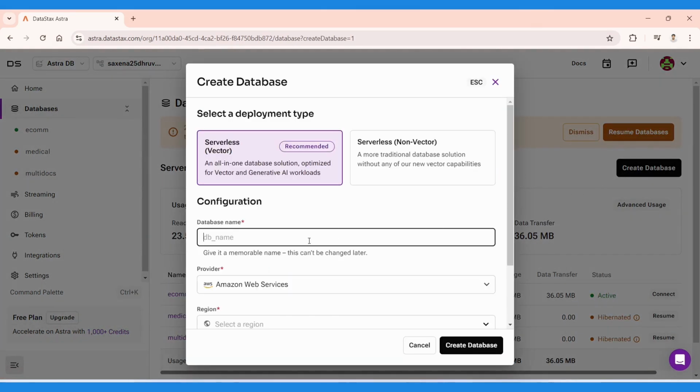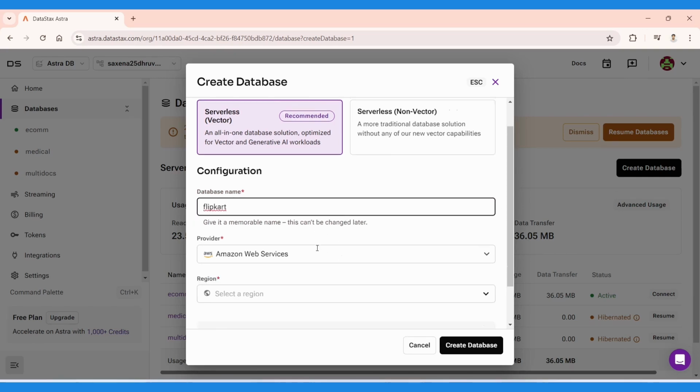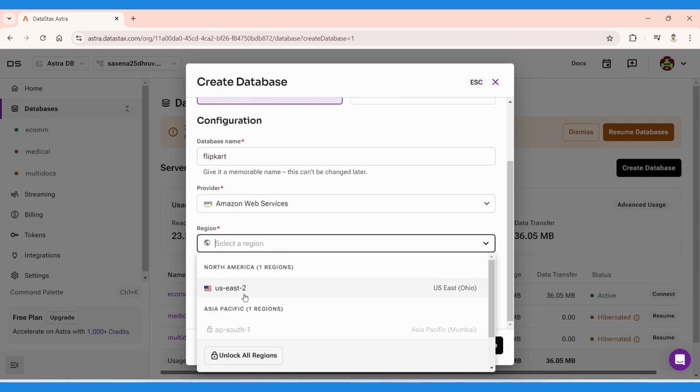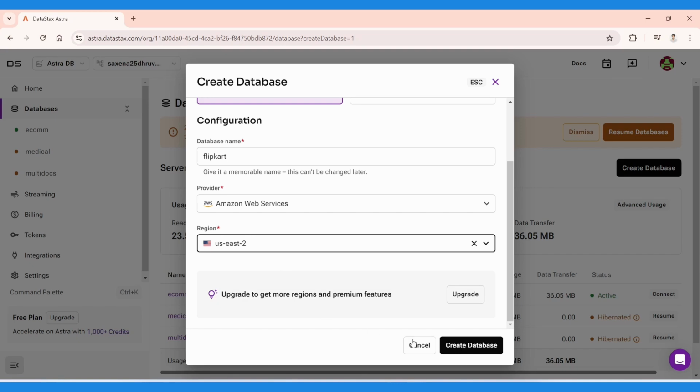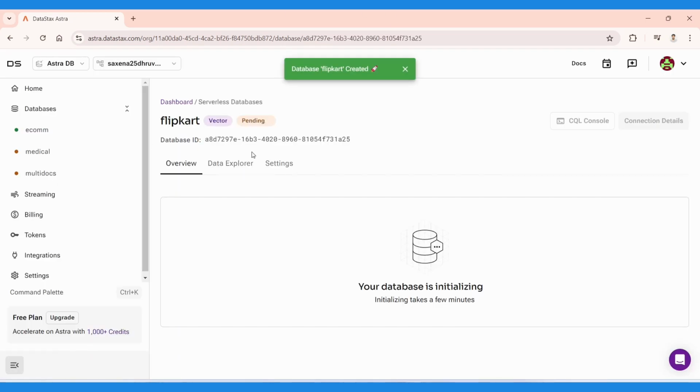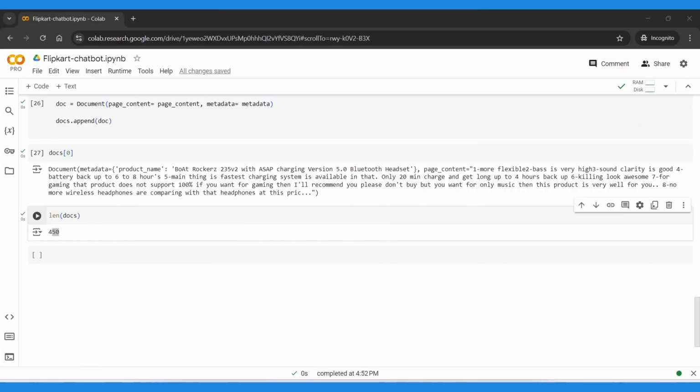You have to go to create database, and we will type flipkart, and AWS only, and region we will select US East 2, and we just create the database. So our database is initializing. It will take time. In the meanwhile, what we will do,